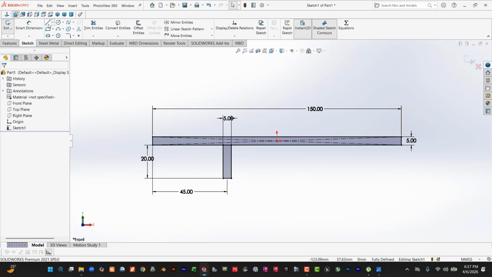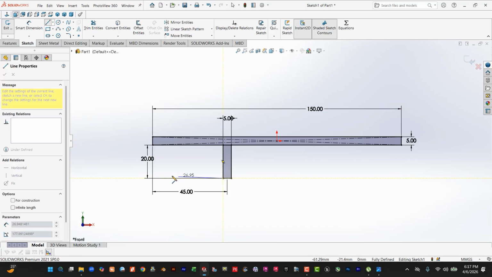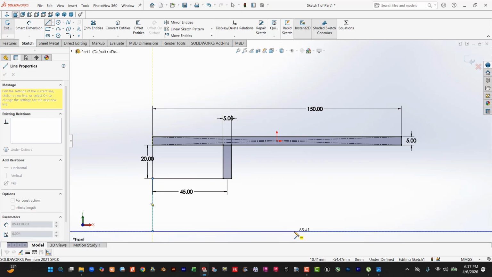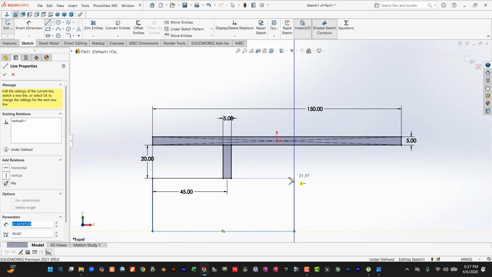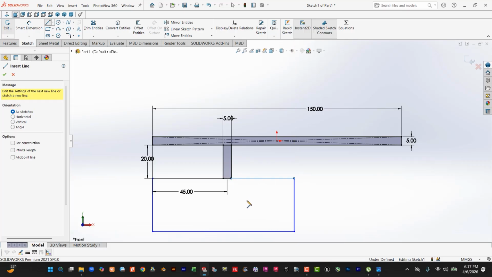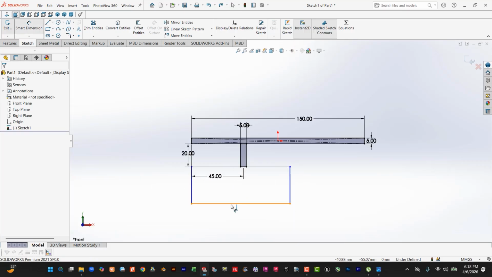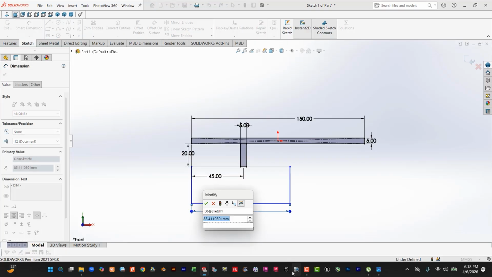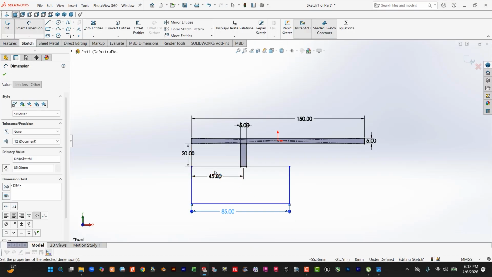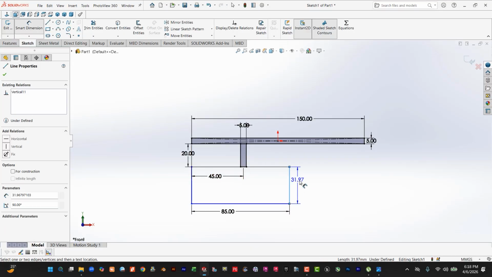okay. Then draw a line, okay, make it like this, okay. Go to the smart dimension, this dimension is 85, okay. This dimension is 30,